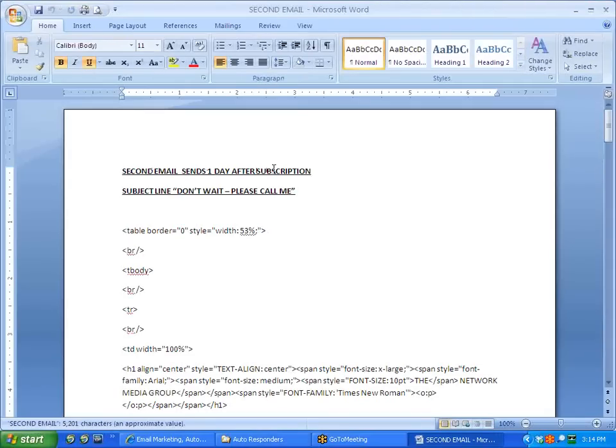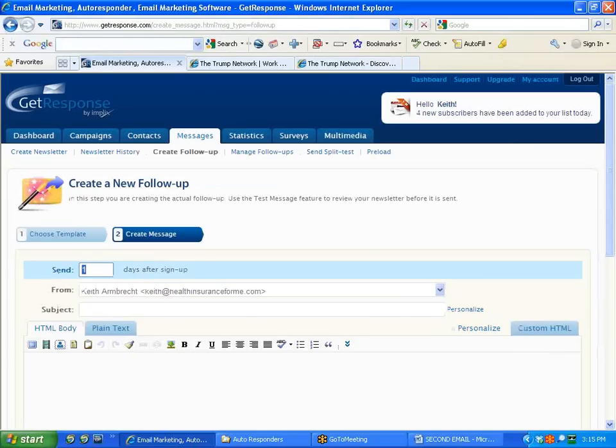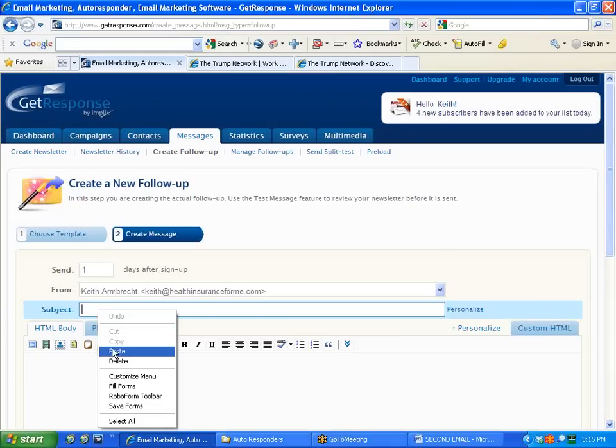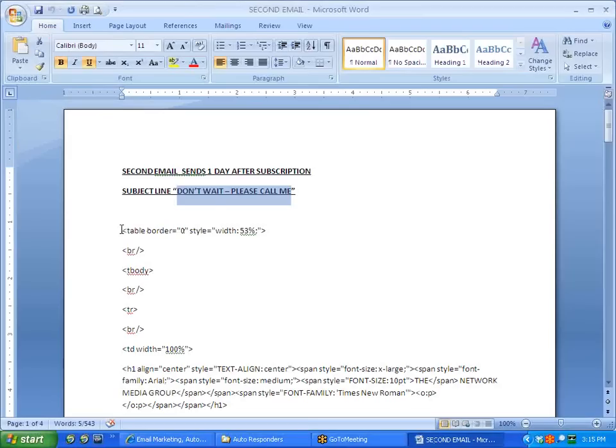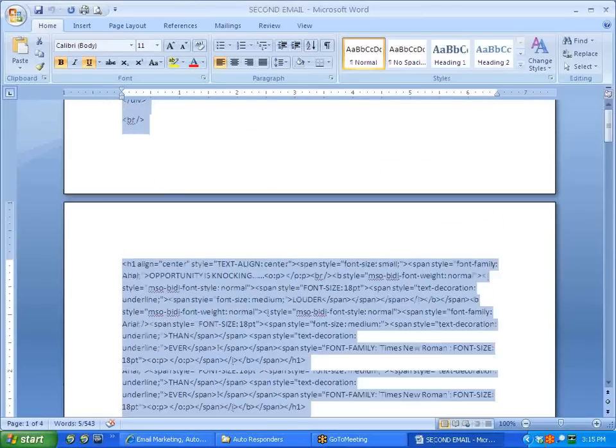Shows second one sends 1 day after subscription. My subject line is don't wait, please call me. Go back in there. You can see on the send, it's right. We want it to send 1 day after sign up. We're going to put our subject in there. Then we need to go back to the email, copy all the text,